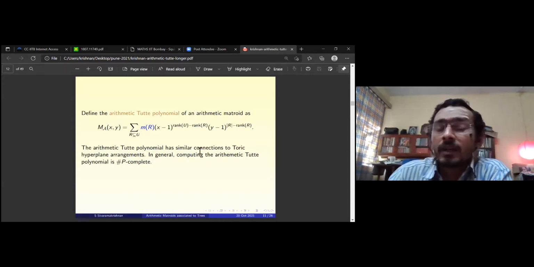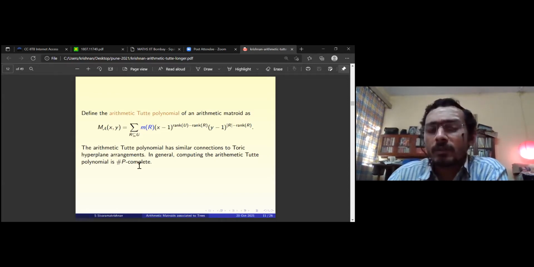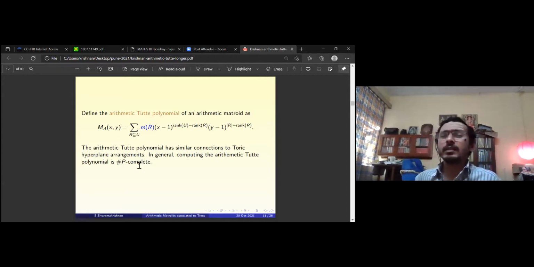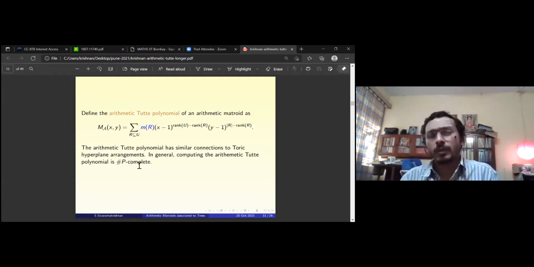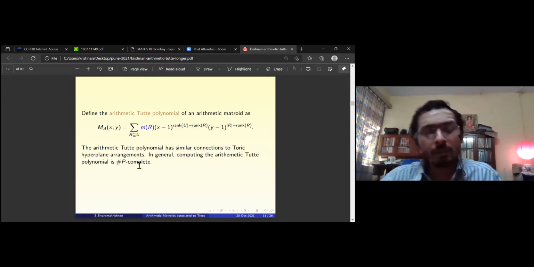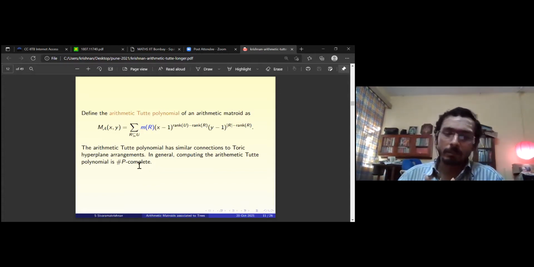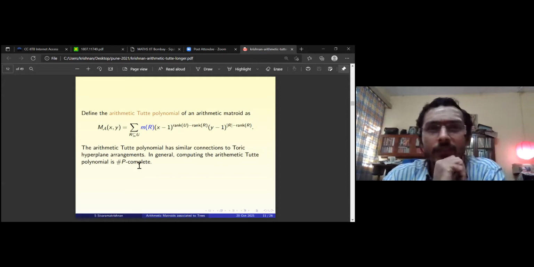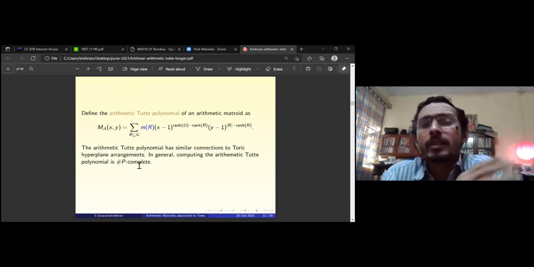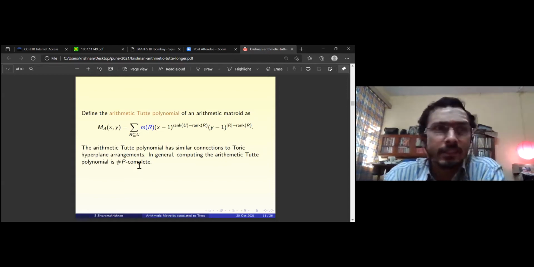And as pointed out, computing this arithmetic Tutte polynomial is sharp-P complete. Tutte polynomials in general are all somewhat tough to compute. If you give me a large list of vectors, finding the Tutte polynomial is not straightforward. You can write a program, but the program will take a long time to complete. It's programmable, but the program will not efficiently come to a halt, in the worst case. We don't know. I won't say it will not. When I say it's sharp-P complete, the expected thing is that it won't terminate in good time. We don't have a proof yet, but underlying it is the conjecture that P not equal to NP, which is one of the big open problems.